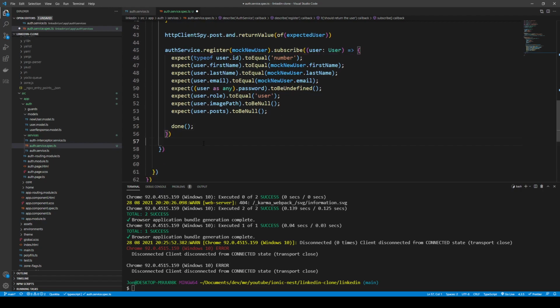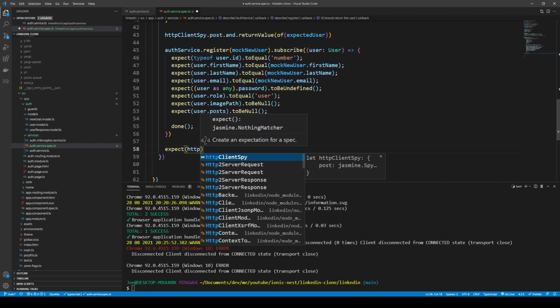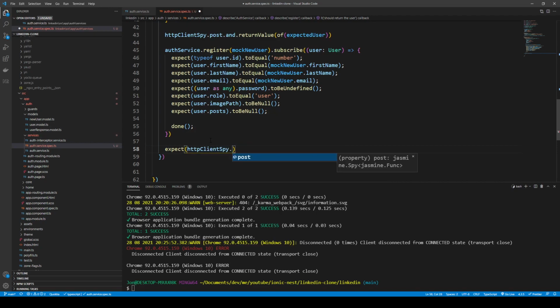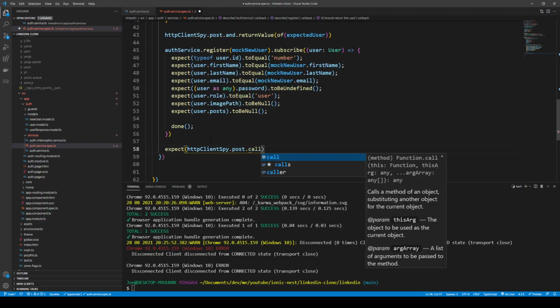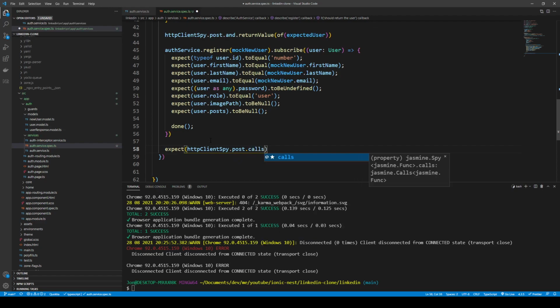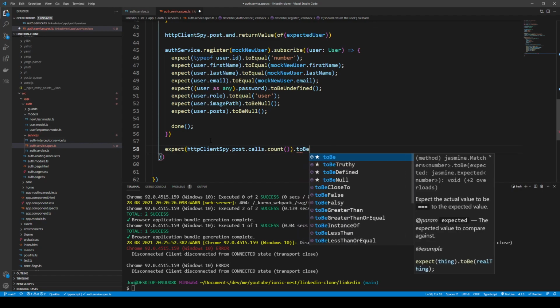And finally, after it's done, we can expect the HTTP client spy post, and we can see how many times the post has been called. Now you might not want to be testing for this sort of thing, but just to demonstrate, you can have the count here, and you can set it to be, so to be and to equal,